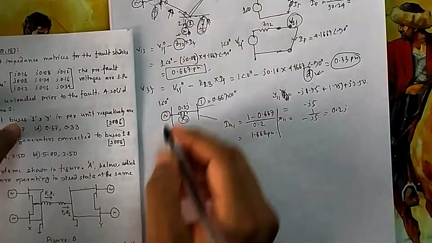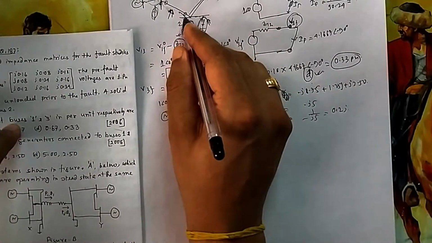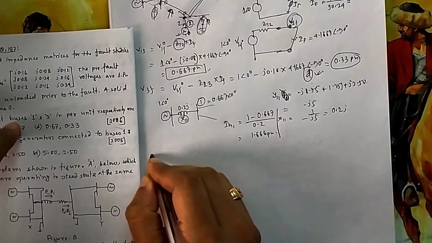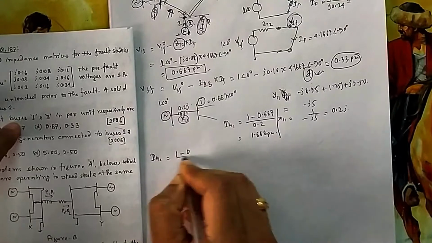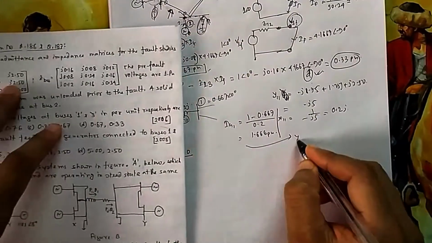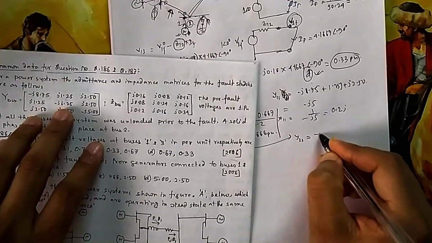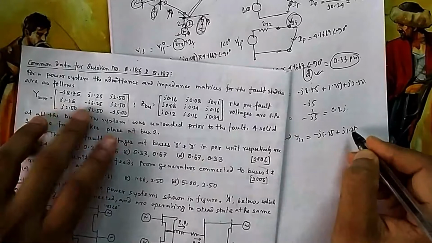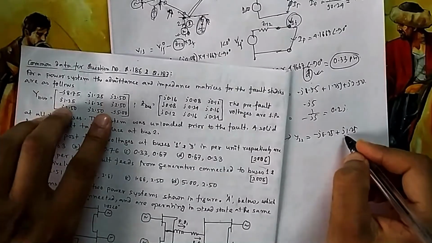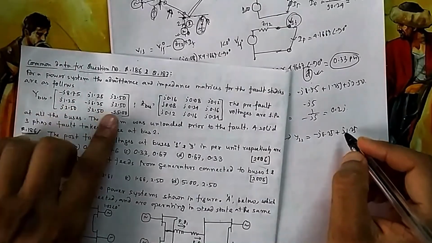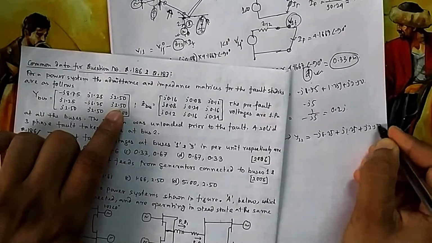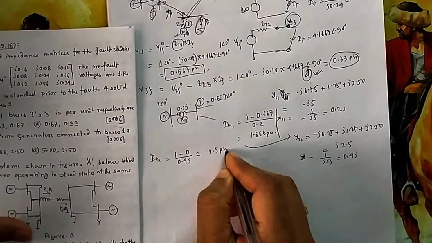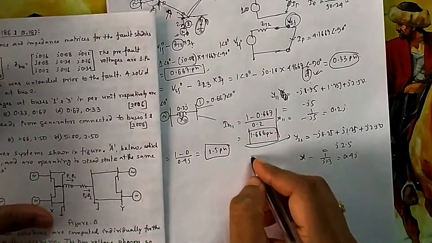And what will Ig2 be? Again, it is 1 pre-fault, and after fault it becomes 0 because it is directly connected to 0. So Ig2 will be equal to 1 minus 0 divided by this one. For this one I have to go to Y22, which is minus J 0.65. Out of this I am taking out J. These are already minus, so I am not giving minus again, because this is already minus, you know, from the Y matrix information. So this X will be equal to 2.5 per unit. This is your answer, that is option C.